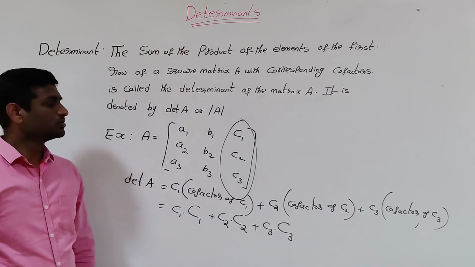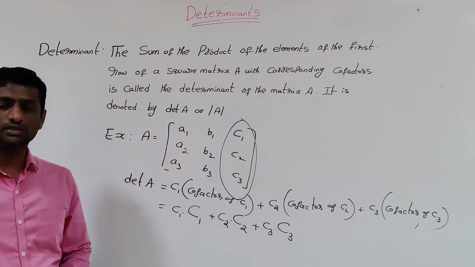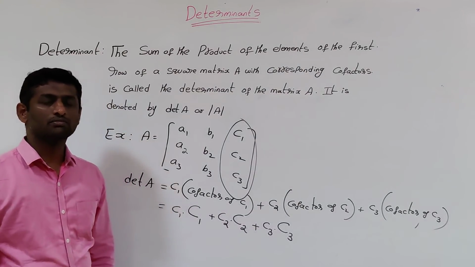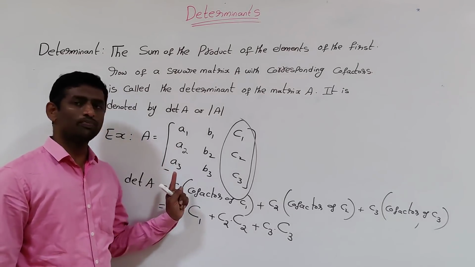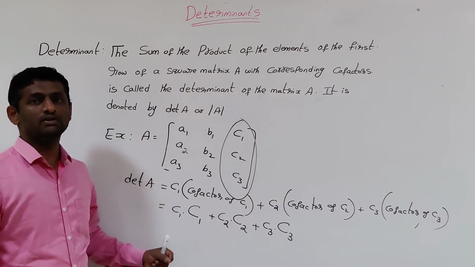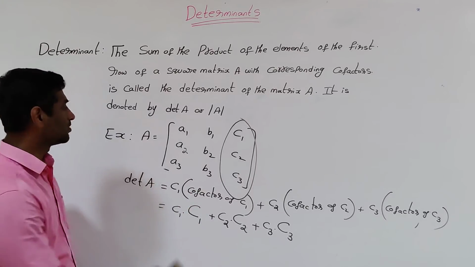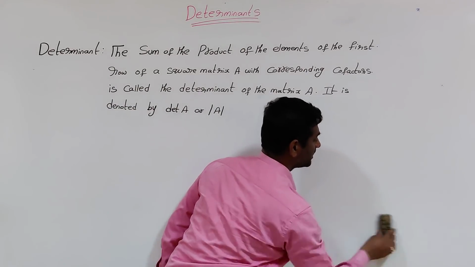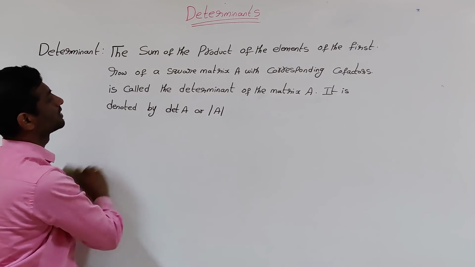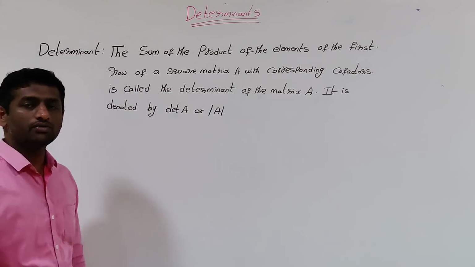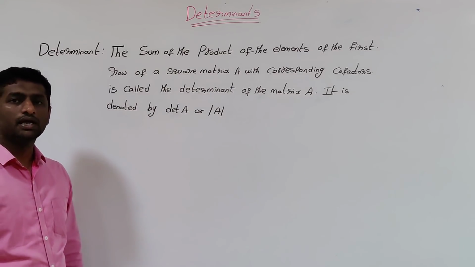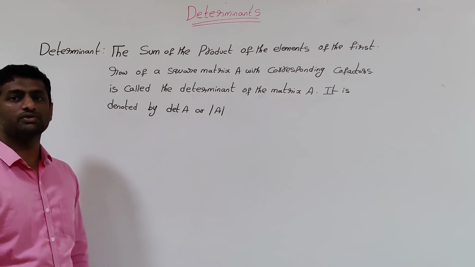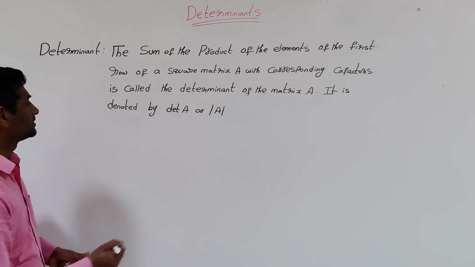So we'll have a small example of a square matrix of order 3, and we'll find out the determinant of a matrix by using one row and one column. And let's see whether it gives the unique answer or not. So we'll see. And the determinants are very, very important in the coming classes. And we can have plenty of problems on determinants, and it is also important for gaining more marks. Now we'll have an example.